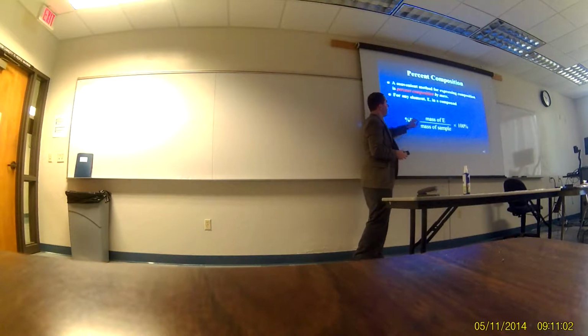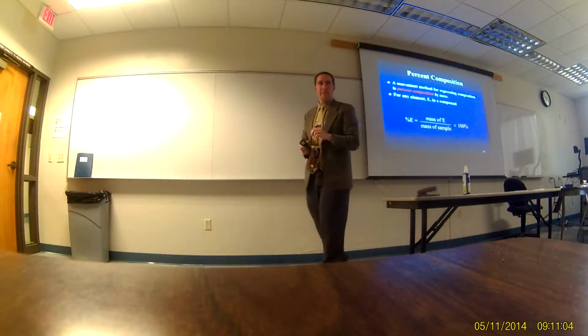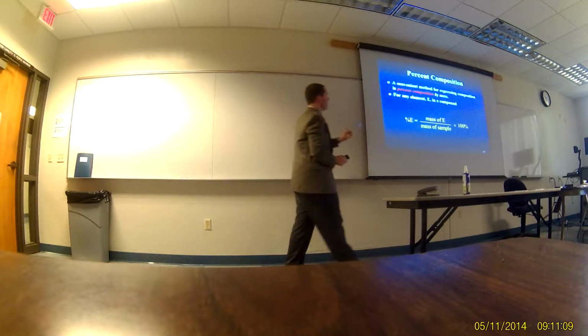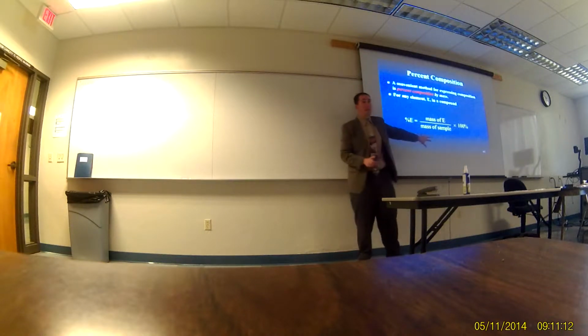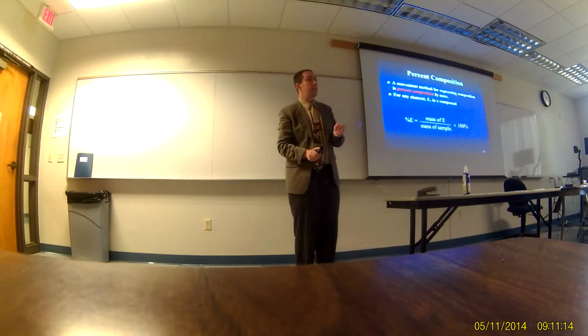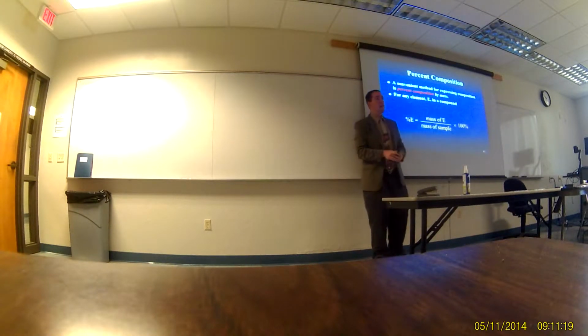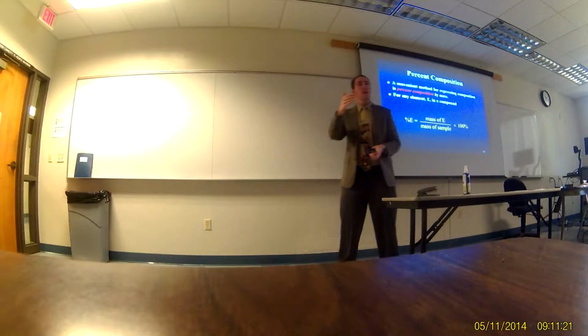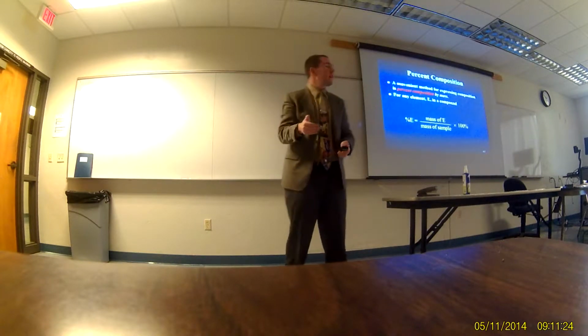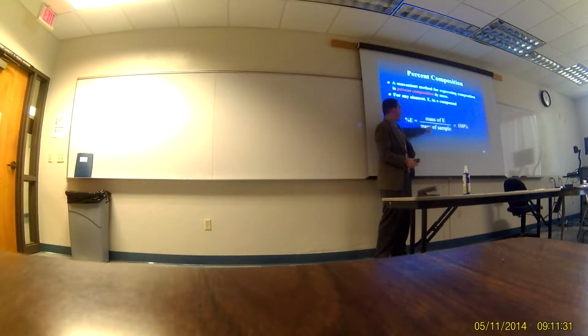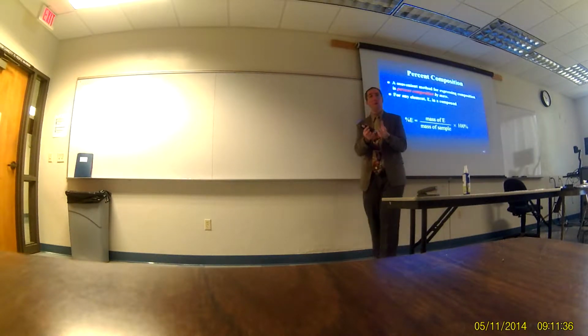First thing we're going to look at is something called percent composition. This is easy, okay? Every time someone puts an equation up here, it looks difficult at first. But percent composition is easy. All it tells us is what percent of a compound is made up of each element. To find the percent of an element in a compound, you take the mass of that element and you divide by the total mass of the sample or the total mass of the